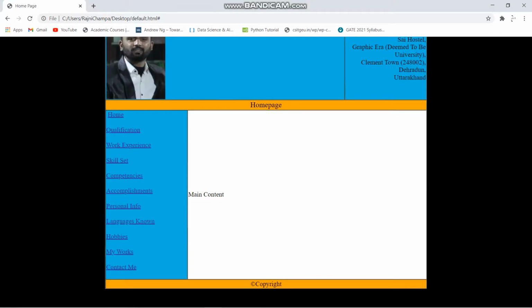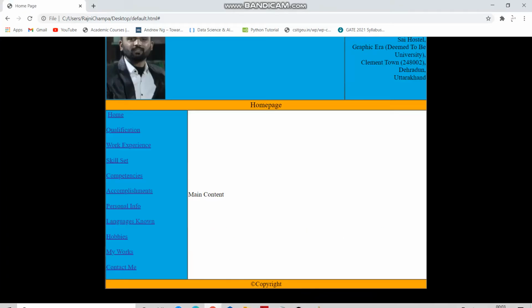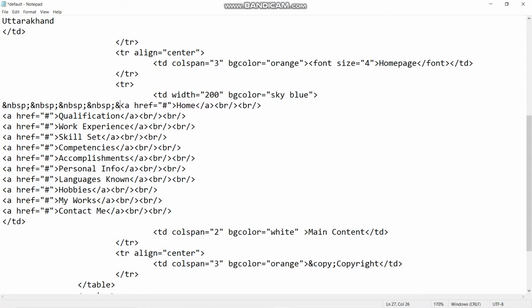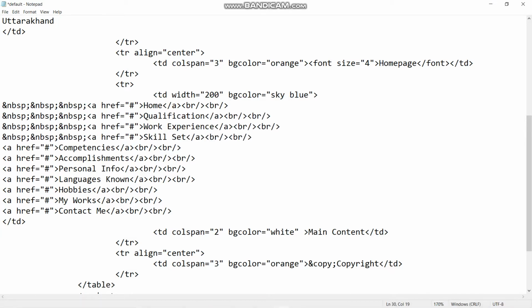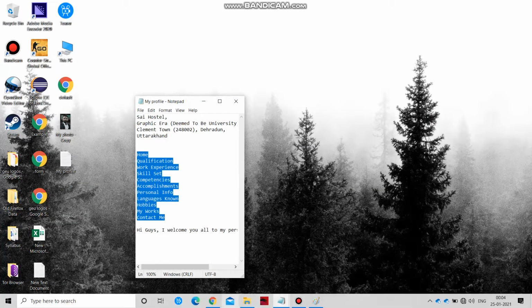So what I will do is I will give more spacing, so you can understand how it works. These are just character entities which we can use at any place. You can just learn them online, or you can just search them, so you can use them more. So I am giving this ampersand NBSP for spacing to every navigation tool or link, you can say. Save, refresh. Now you can see it looks good.